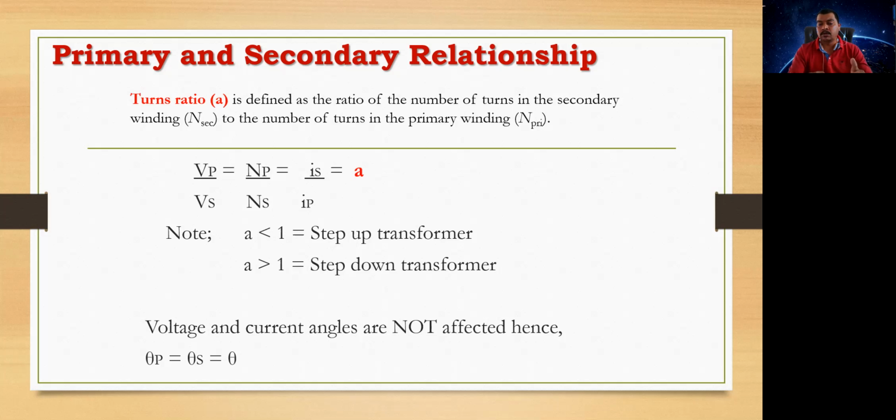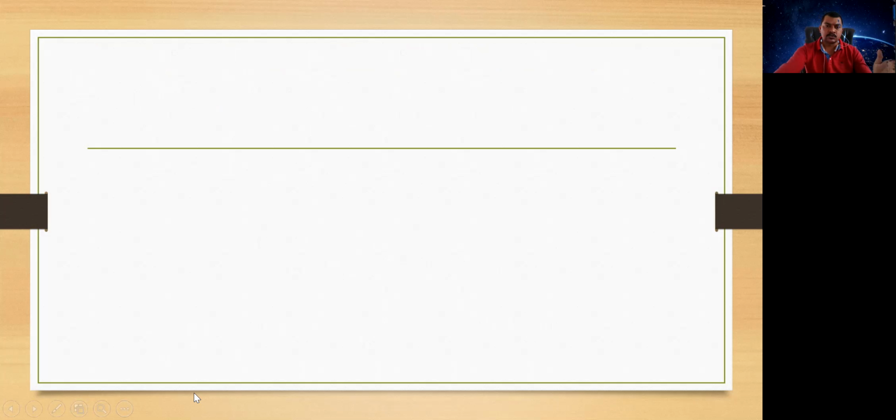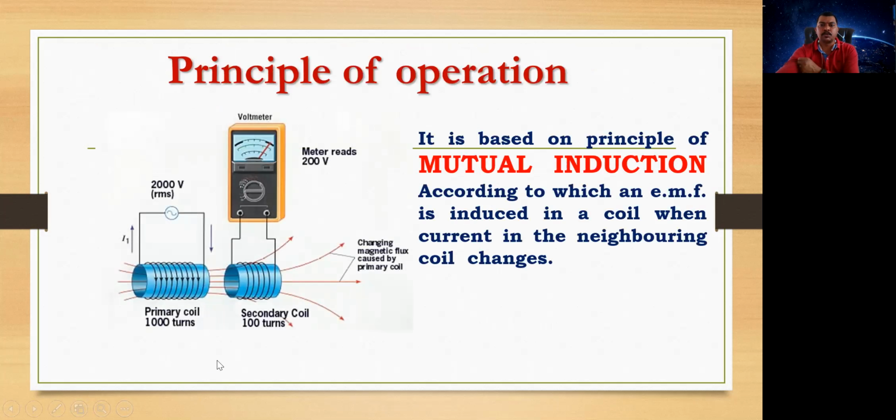Even we are trying to have that short-term course of designing of printed circuit board, in which we are expecting you to design the whole power supply, right, of plus minus DC power supply, plus minus 12 volt, plus minus 5 volt. So that can be done by using the step down transformer. And voltage and current angles are not affected over here, so the phase angle remains constant for both voltage and current as usual. So these are some of the principles of operation, and this is what I was telling you